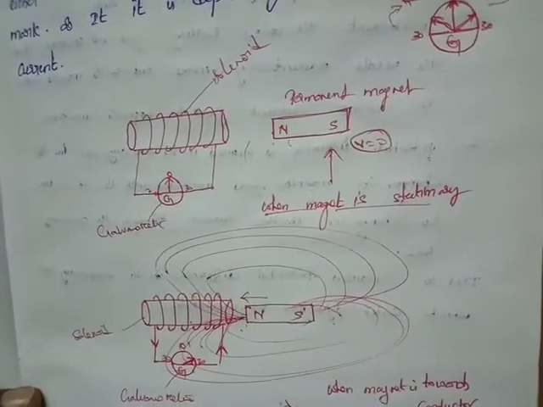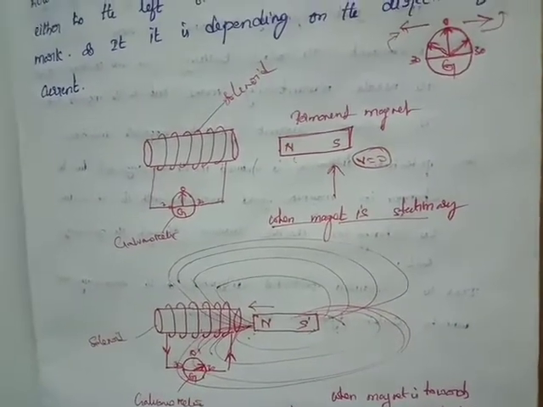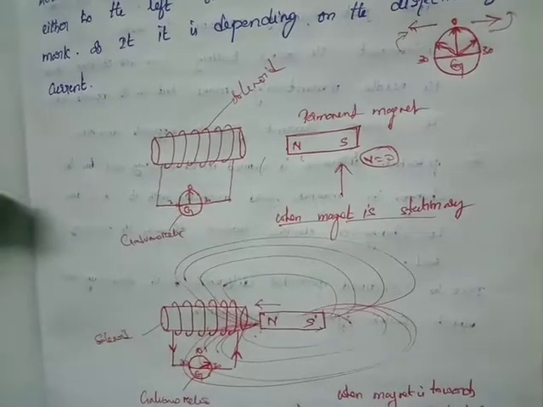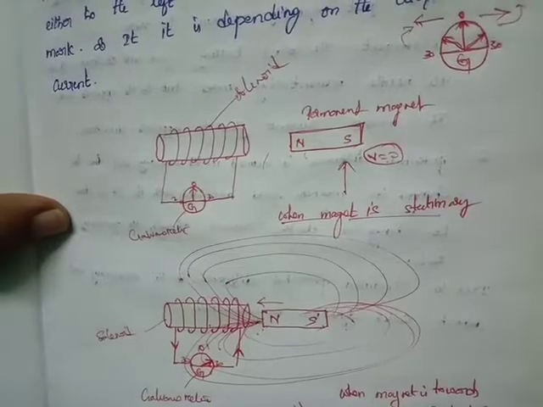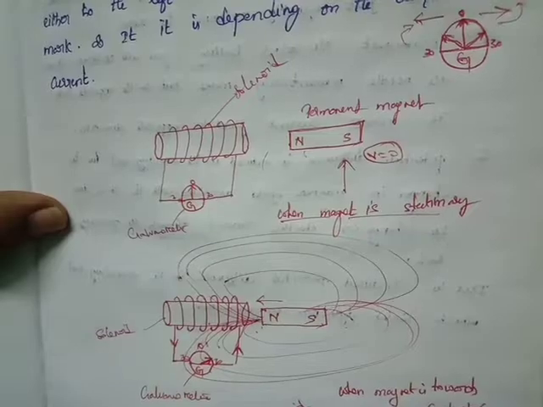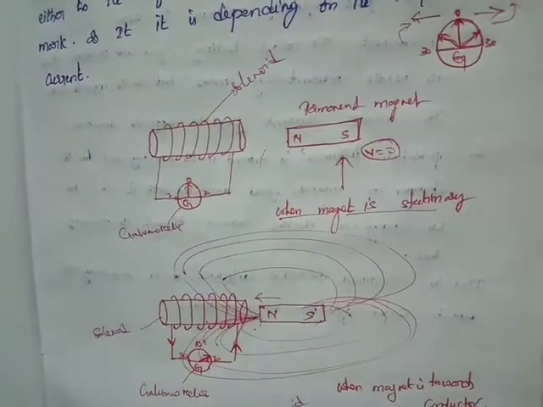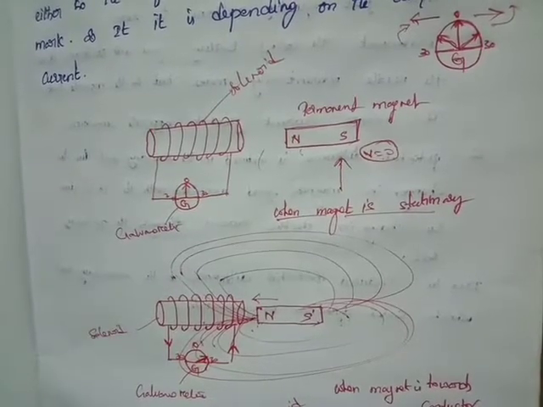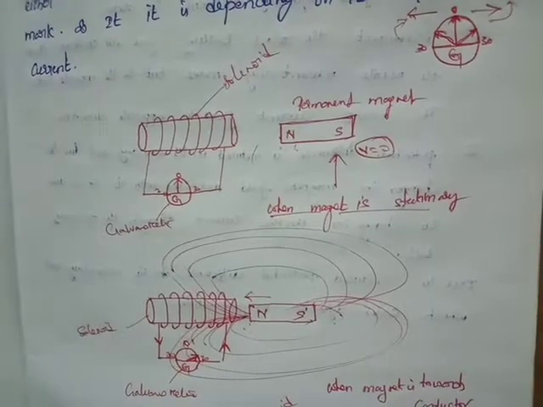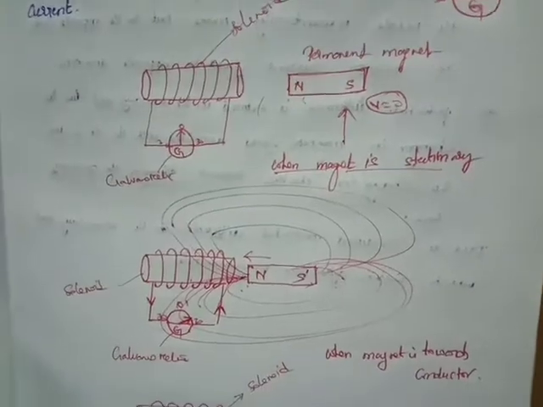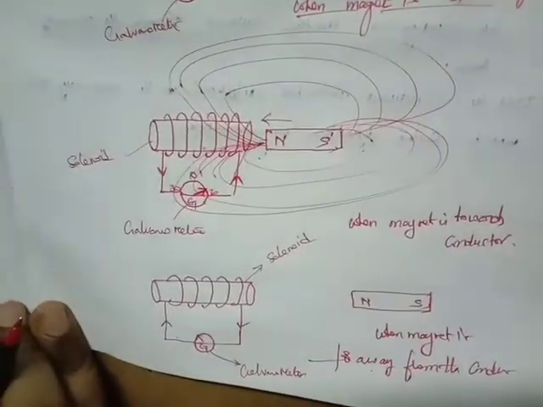So in these three cases we have to identify the electromagnetic induction. It was a very big advantage of this technology. So how the magnetic effect can be used in electric generators: electromagnetic induction is the main phenomenon of the electric generators. By this phenomenon, the electromagnetic induction takes place and electricity is produced like this.